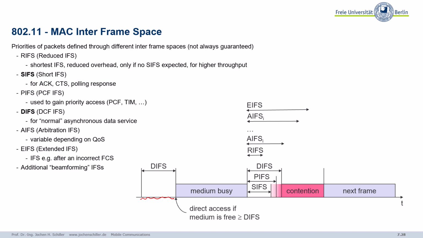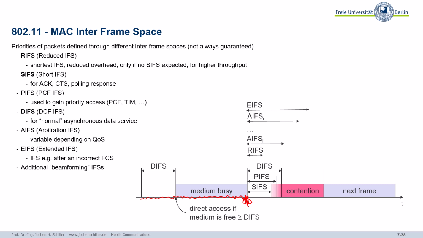If the medium is busy, all the stations have to wait. No one is allowed to send. Not the access point, none of the stations. Because if you start sending now, you will create interference and destroy a packet. Okay, now sending ends, and all the devices will hear at a certain point in time the channel is clear